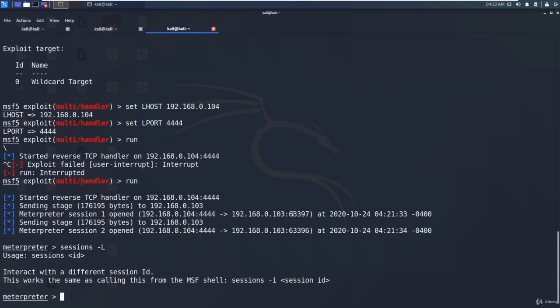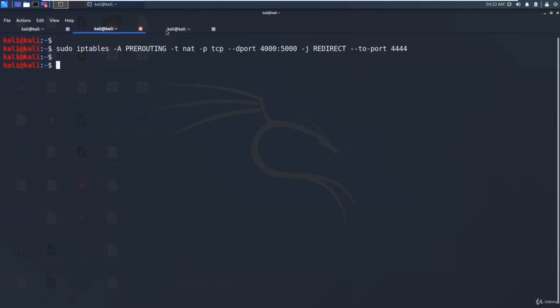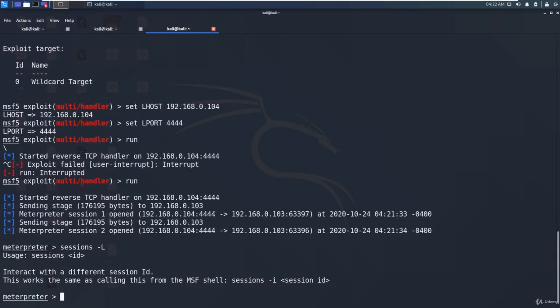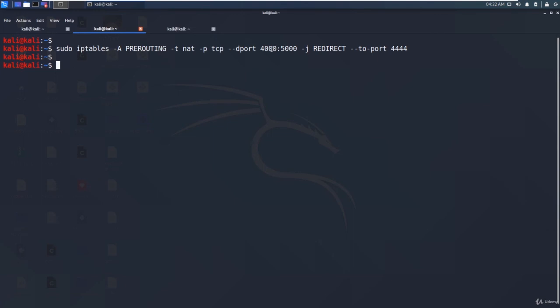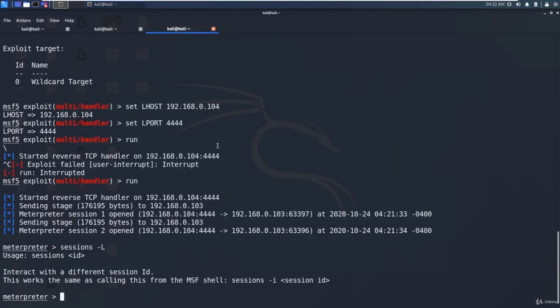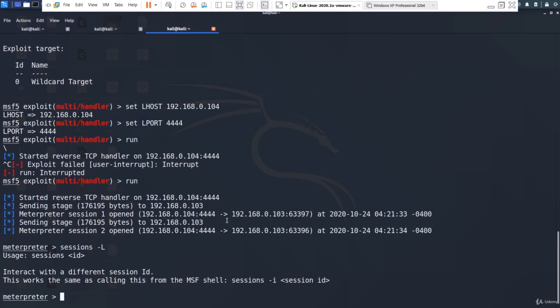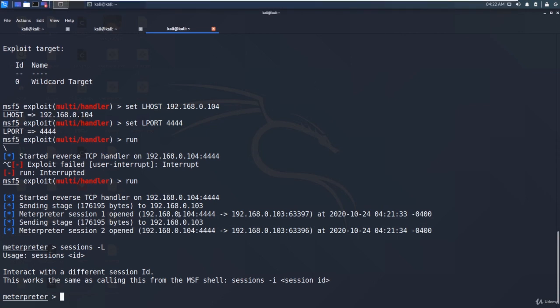The source port is somewhat higher because it may be checking backwards on failure, or it's trying a random port. So we don't care about the source port, because this port is on the Windows 10 machine. It's connecting somewhere between 4000 and 5000, and that's why we got routed to this 4444. We have 2 sessions open because I double clicked this to show you previously that we did not get any connection.